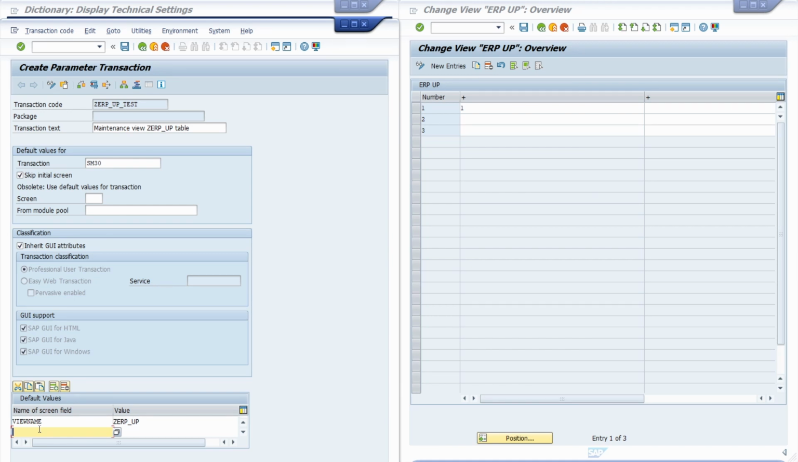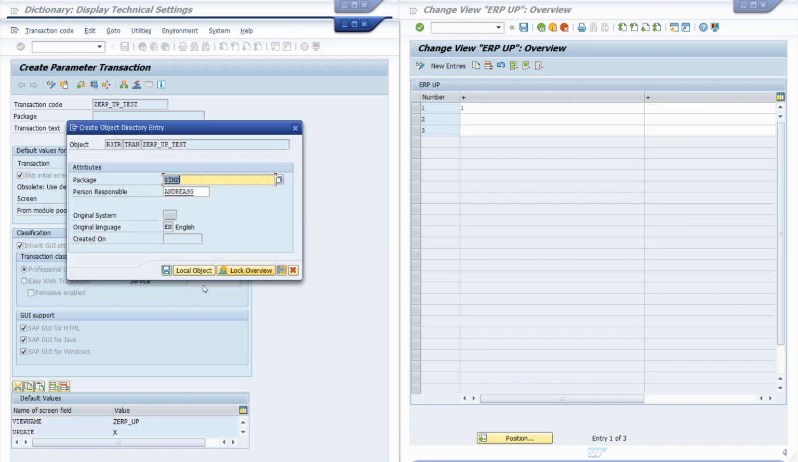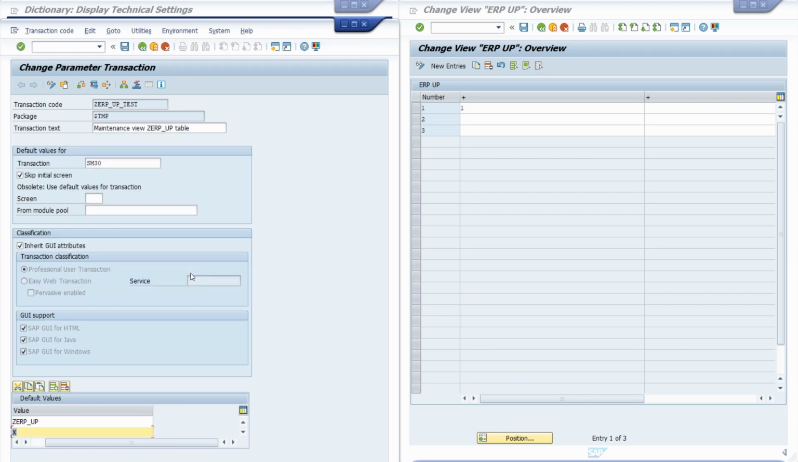In this case, I would like to call it in update mode, set it to X, but if you would like to call it in display mode, then you have to type in show and then set it to X. And I set it to update. Then I save this, then I would like to link it to my local package, then I have created it,